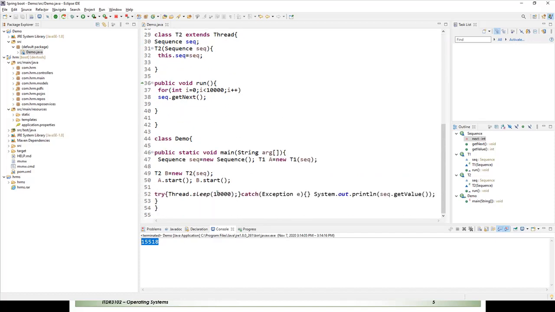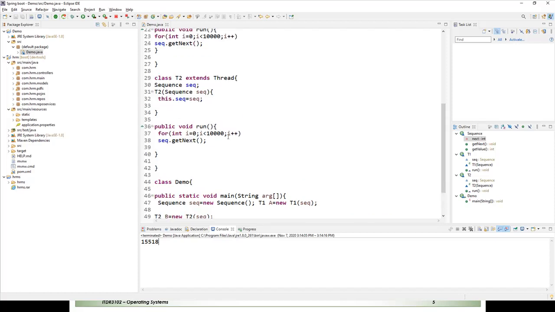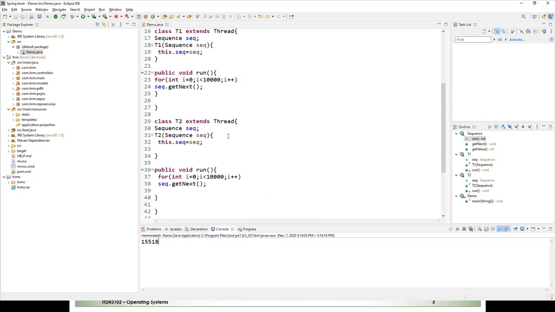The value returned is 15,518, but the actual value should be 20,000. The correct value is 20,000. Why is this data inconsistency arising here? Because of the race condition problem.